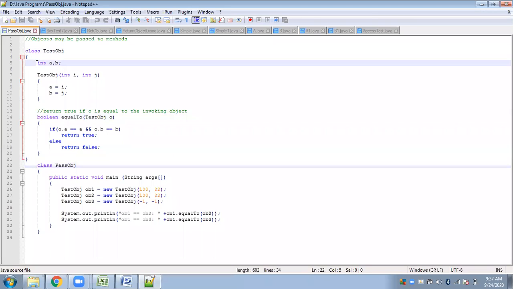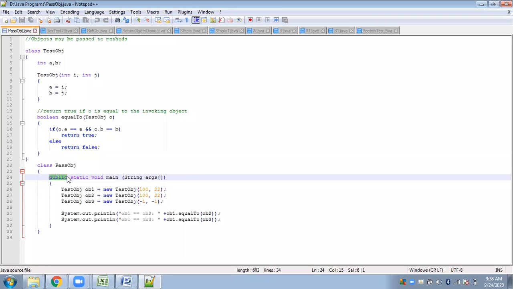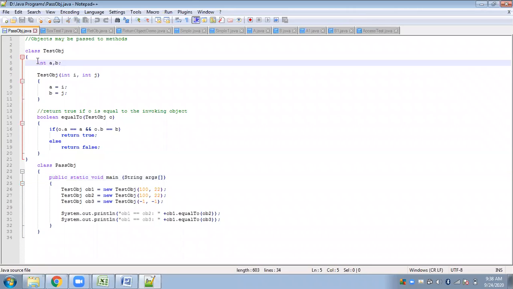As I said, access specifiers are used with variables, methods, constructors, and classes. Except for the main function, where I have explicitly mentioned the public access specifier, I haven't mentioned any other access specifier elsewhere.